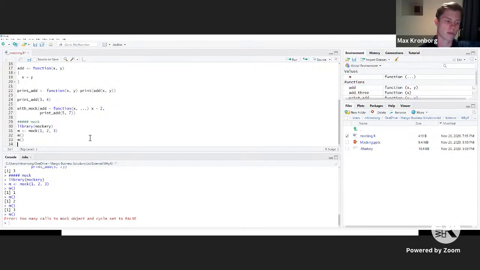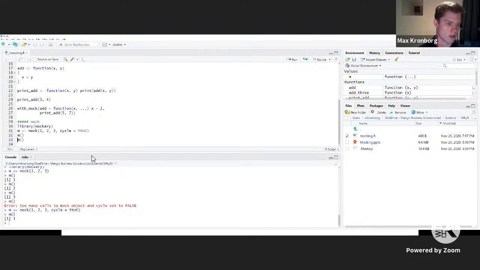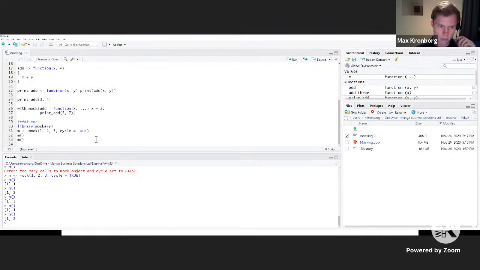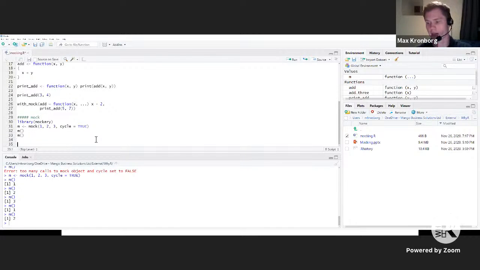And if you run it one more time, we're going to get an error because we haven't defined quite enough values. There's a way around that, which is using the cycle argument. If you set that to true, you can do it as many times as you'd like, and it's just going to cycle through it. That's essentially it at the base level for this mock. So that lets you generate a few different ways of creating values in things you're testing or as input.